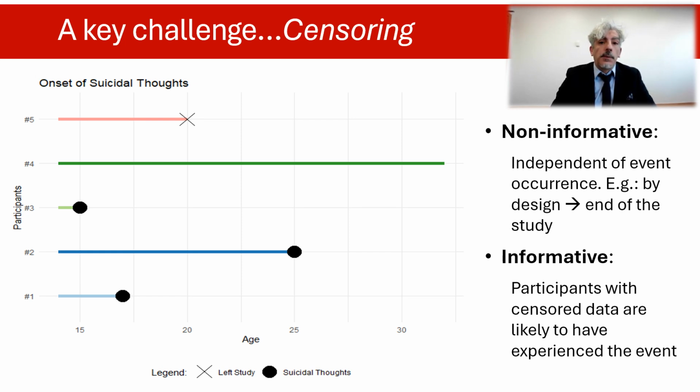So for example, if the participant experienced suicidal thoughts and those thoughts were so severe that the participant couldn't take part in the study any longer, then leaving the study is directly linked with the event occurrence. But we didn't record the event occurrence. We don't have information about the event occurrence. So in this case, we say that censoring is informative,